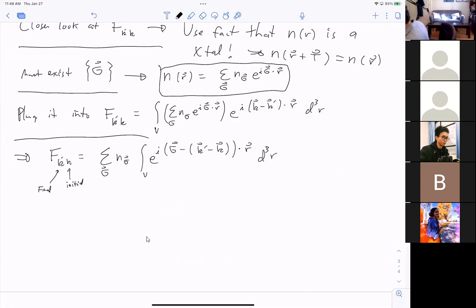Okay, but now let's take a closer look at that, because let's remember something. Let's remember a little bit of math. Let's remember something very cute. Let's remember that a Dirac delta function